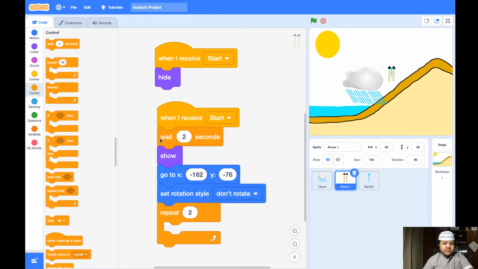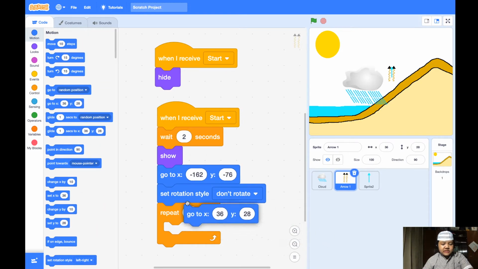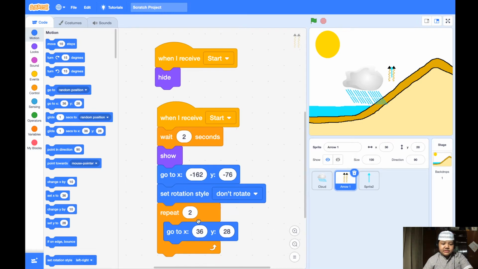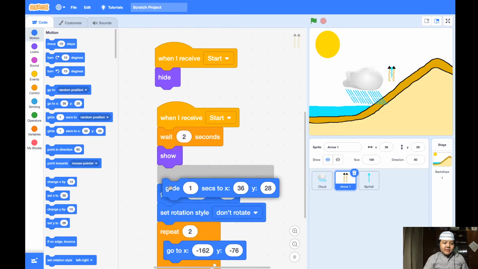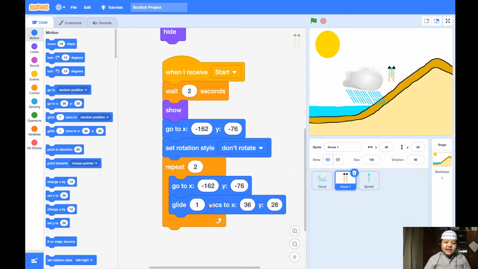Now go to the motion, drag this, go to X minus 162 and Y is minus 76. Now drag the glide seconds to XY block. Now glide 1 second to X 162